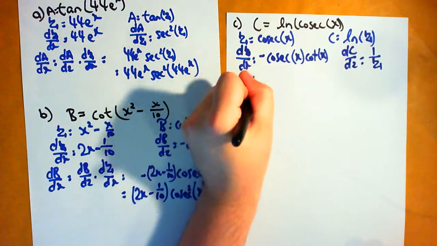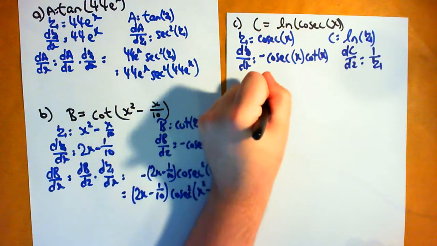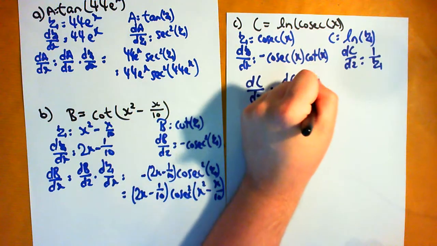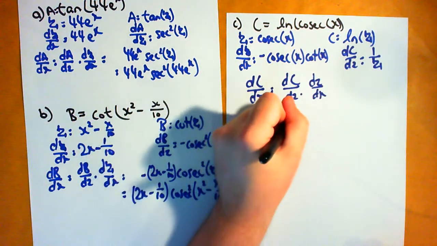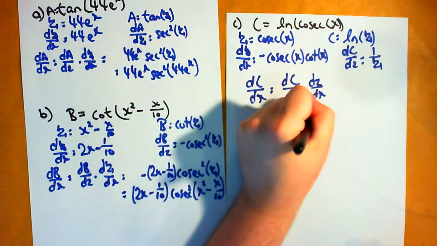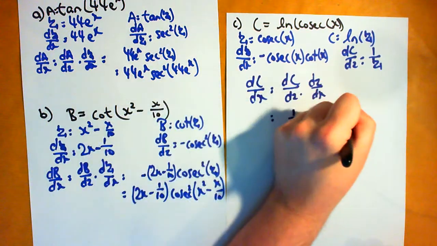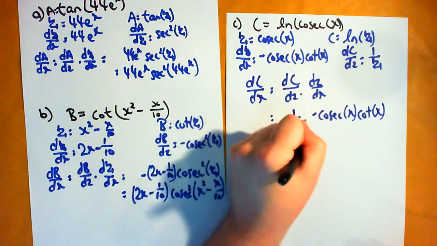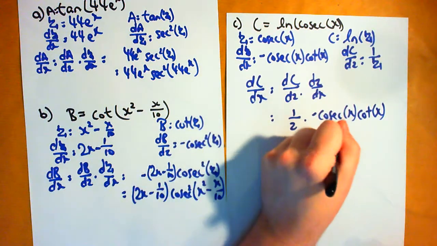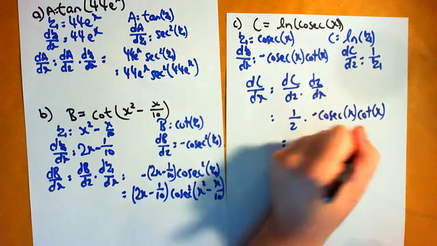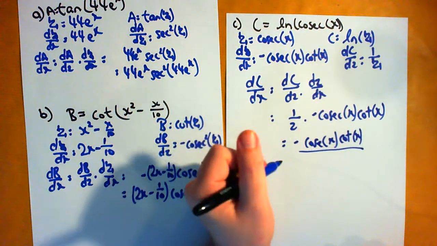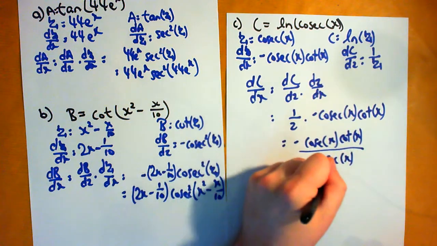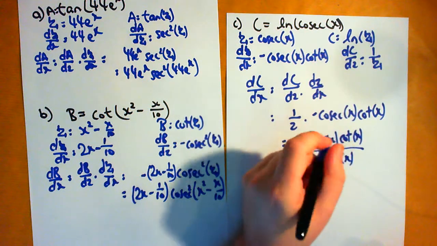Okay, so chain rule tells us dC/dx is dC/dz times dz/dx. So what's dC/dx? That's 1 over z times minus cosec of x times cotangent of x. So we get minus cosec of x times cotangent of x, all of that over z, but z is cosec. So we get negative, cosecs are going to cancel, so this is going to be